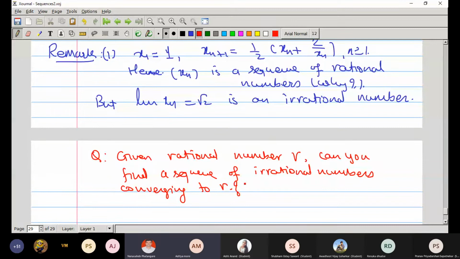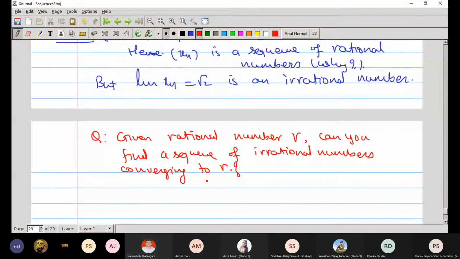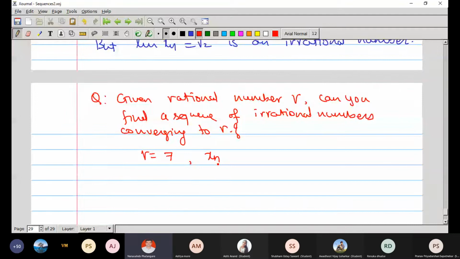Do you understand the question? For example, if I give you the rational number R equal to 7, can you find a sequence xn of irrational numbers which converges to 7? There are many actually, but the simplest one is